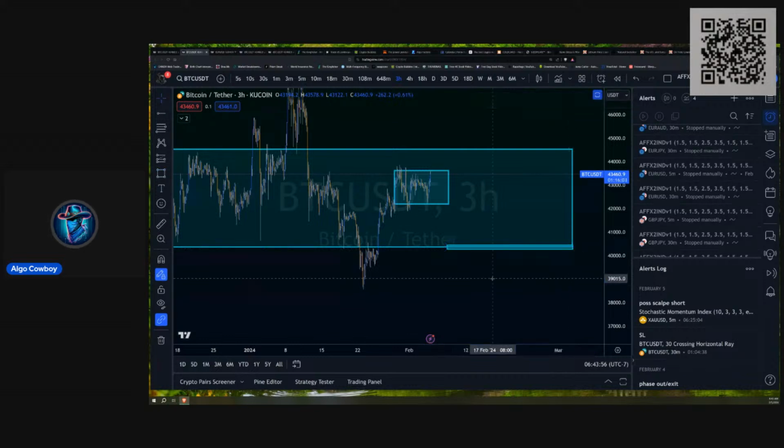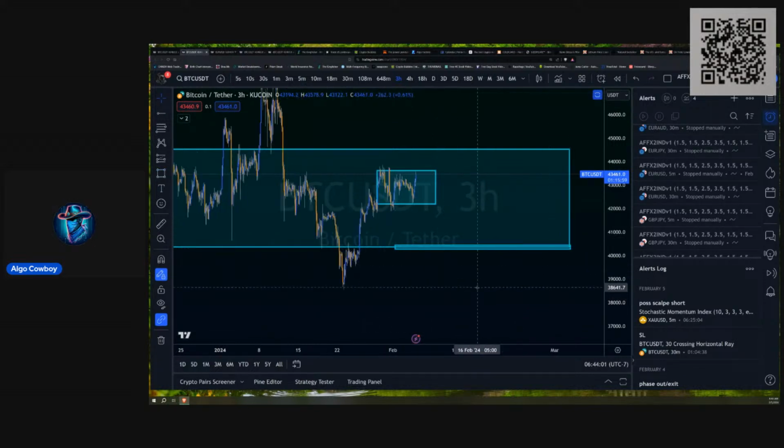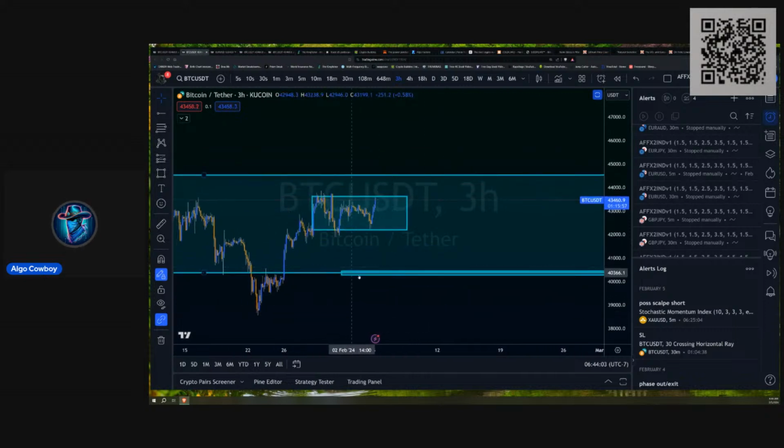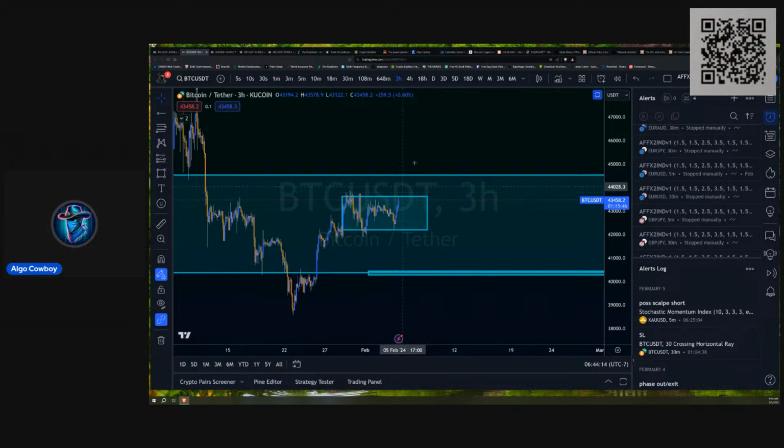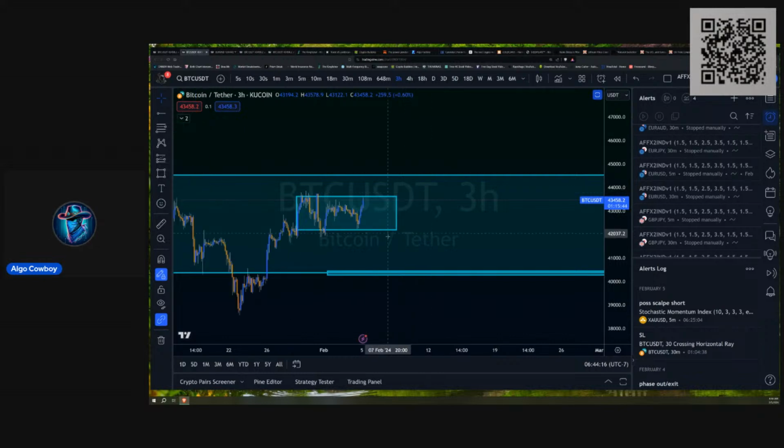Basically what that means is that people have gone long, and their stop losses are down in this area. That's generally what that means. It's literally what that means if you're looking at the Kingfisher. So for price to break above here, it'll leave that liquidity behind. It's possible. It's completely possible.